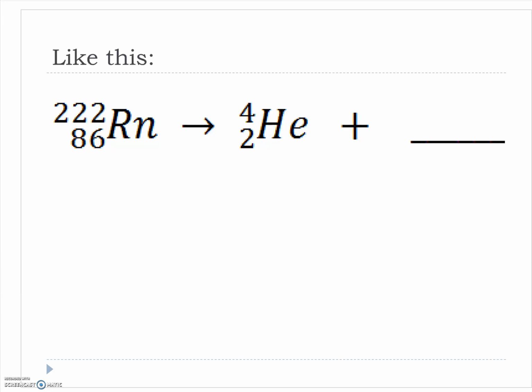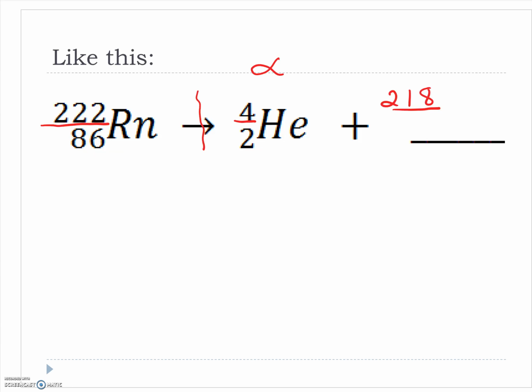So the first thing that you need to recognize is, yes, this is a helium, but that is also an alpha particle. So we have an alpha particle being emitted, or alpha decay. When you balance these equations, the arrow is kind of your dividing line. The top numbers over here and over here must be the same. So if this is equal to 222 over here, this over here has to be equal to 222. So what I would ask myself is, 4 plus what gives me 222, and that would be